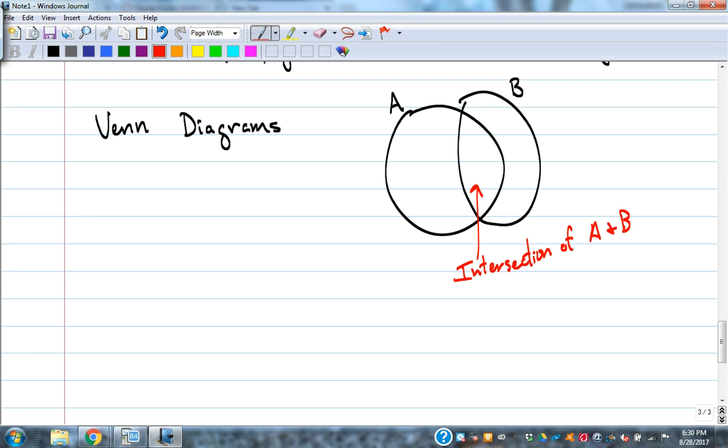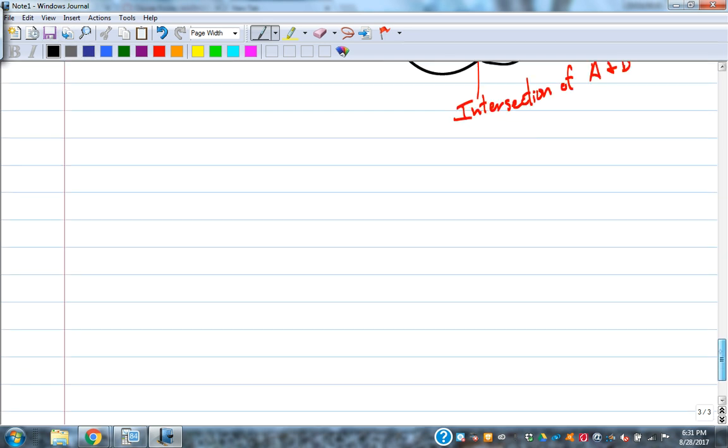So you would have things that are only in A, things that are only in B, and then that football shaped area in the middle are the things that are in A and B both. So it's the intersection of those two. Venn diagrams can get more complex, with 3 circles. I've seen them with 4 and 5 circles. The more circles, the more complex it gets, but the more exclusive that intersection area is, because you've got to be pretty special to be in all of the sets. So let's look at an example